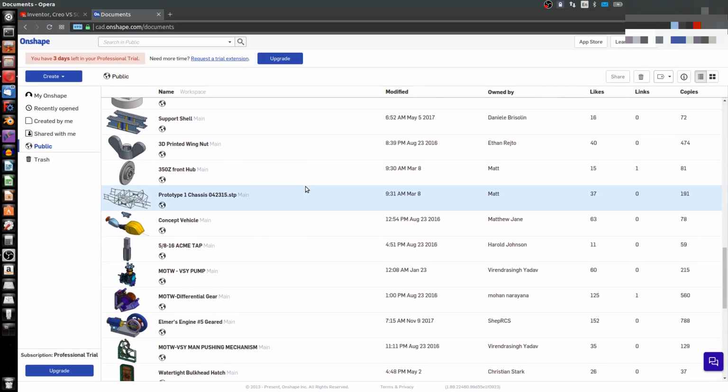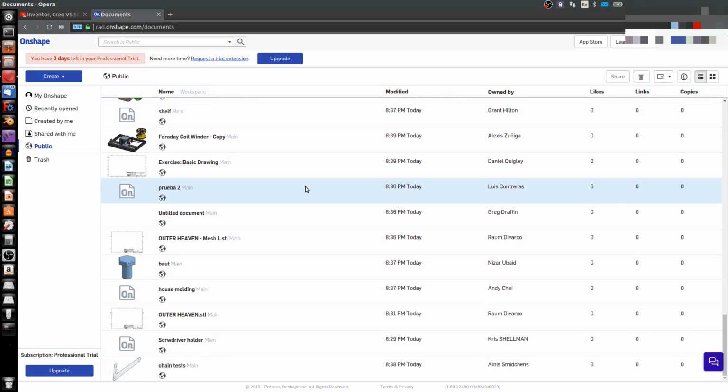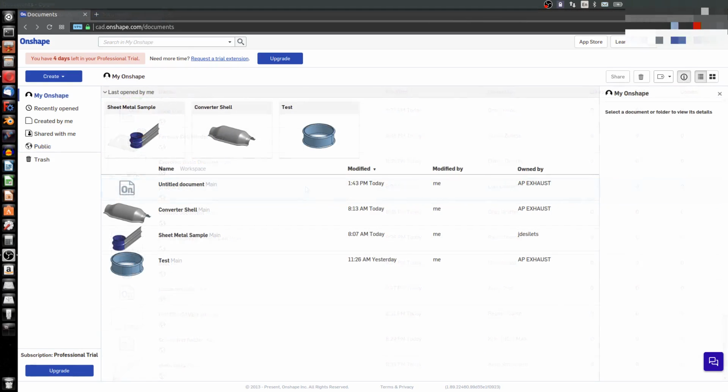That means no license keys, no installations, you don't need to have fancy hardware, and it plugs into ERP systems very easily. Today I want to go over the very basics of OnShape for an absolute beginner. If you have previous CAD experience, that is great, but please watch indulgently as I will cover this for absolute